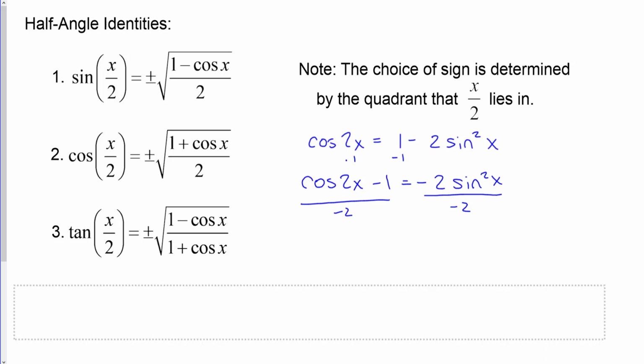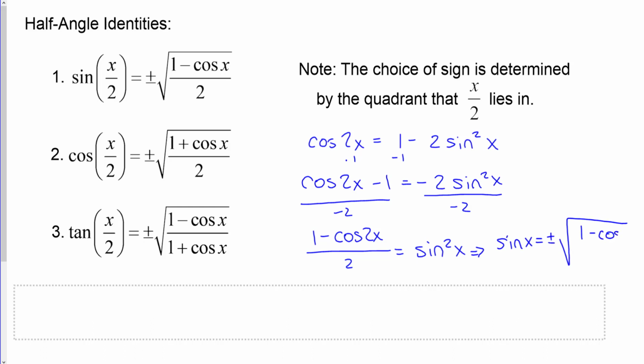So I'm going to write it as 1 minus cosine 2x over 2 equals sine squared x. And now if you take the square root of both sides, you can see that this becomes sine of x equals the plus or minus square root of 1 minus cosine 2x over 2,